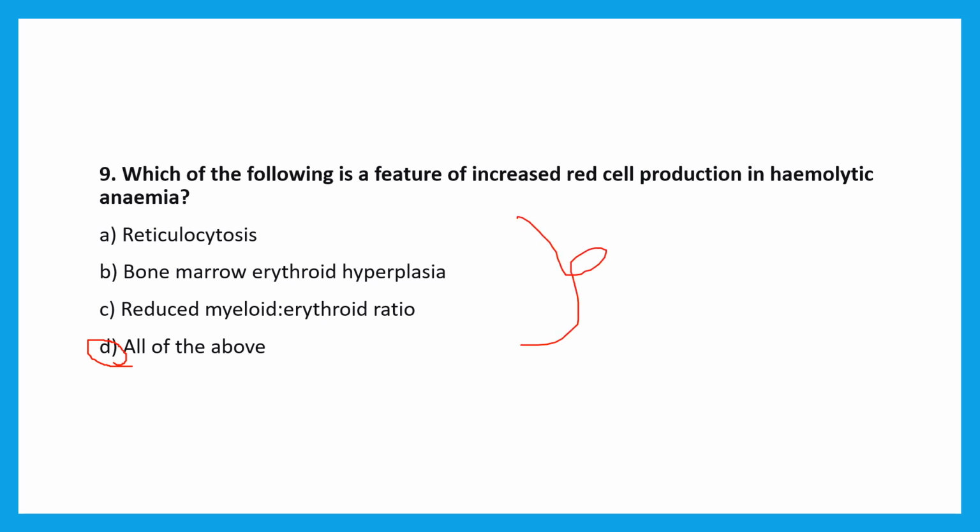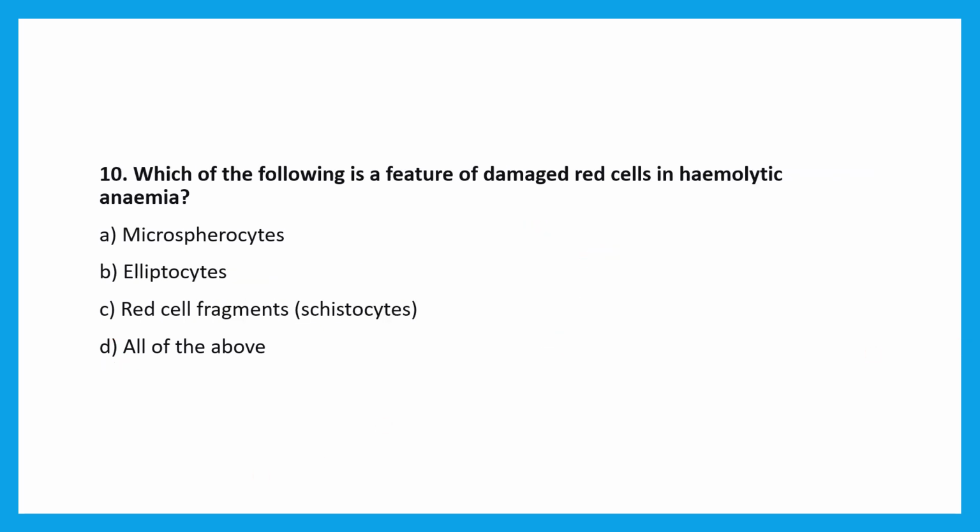All right, so question number 10. Go to question number 10. Which of the following is a feature of damaged red cells in hemolytic anemia? A. Microspherocytes. B. Elliptocytes. C. Red cell fragments, schistocytes. D. All of the above. Which of the following is a feature of damaged red cells in hemolytic anemia? Okay, so